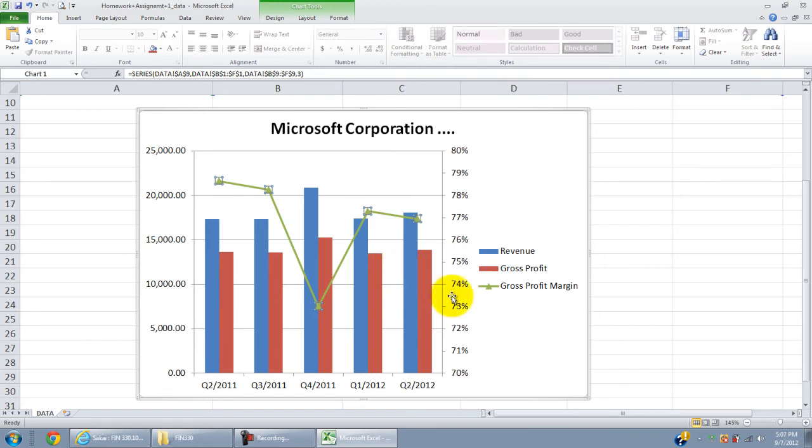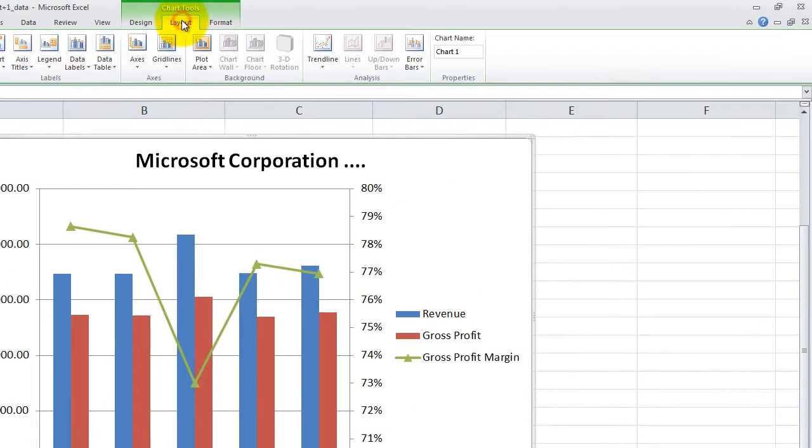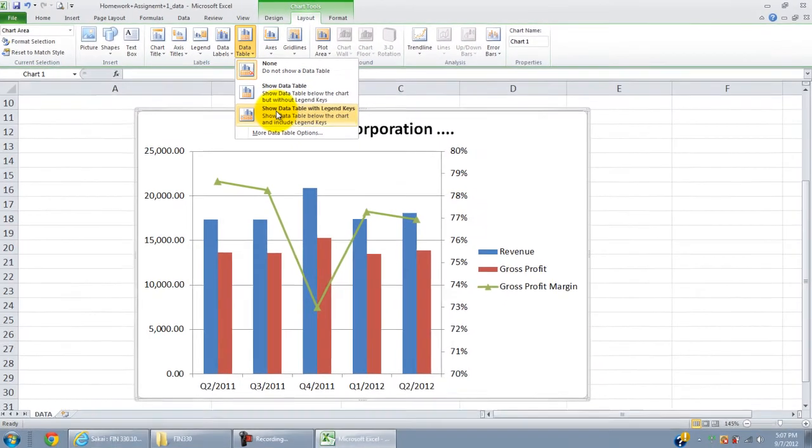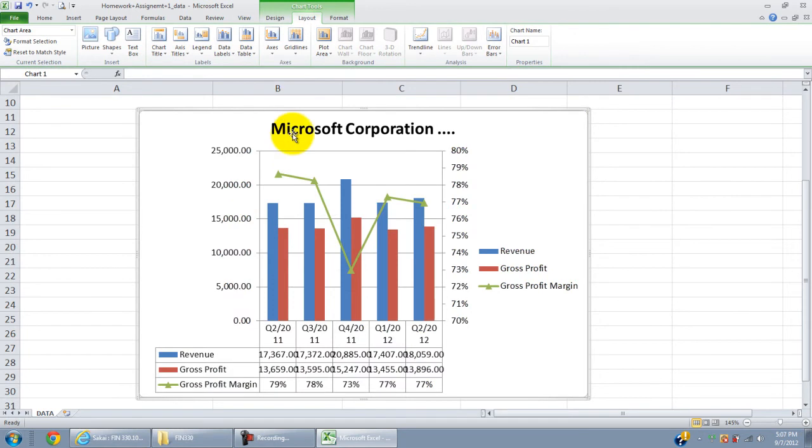And then I need a data table below my chart. Well, how can I do it? I go to layout, data label. Click on it, the menu shows up. So you can select these to see what happens. Now I select show data table with legend key. So here,